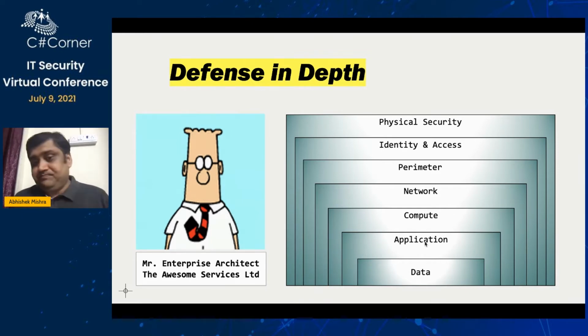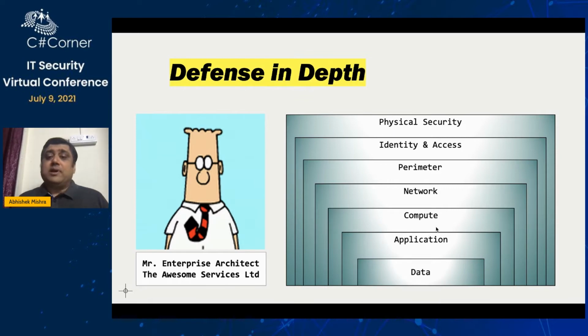Then is the network. So this is also important, right? Normally we have our virtual networks, or VNets, and inside the virtual networks we have subnets. So we keep our applications inside the subnets. On top of the subnets we apply the network security group to control the firewalls and the inflow and the outgoing traffic. Correct. So all these things we can do to secure our network. We can have a VNet, we can have a subnet, we can apply NSGs to the subnets. So we can do a lot of things out here to make sure that our data is secured.